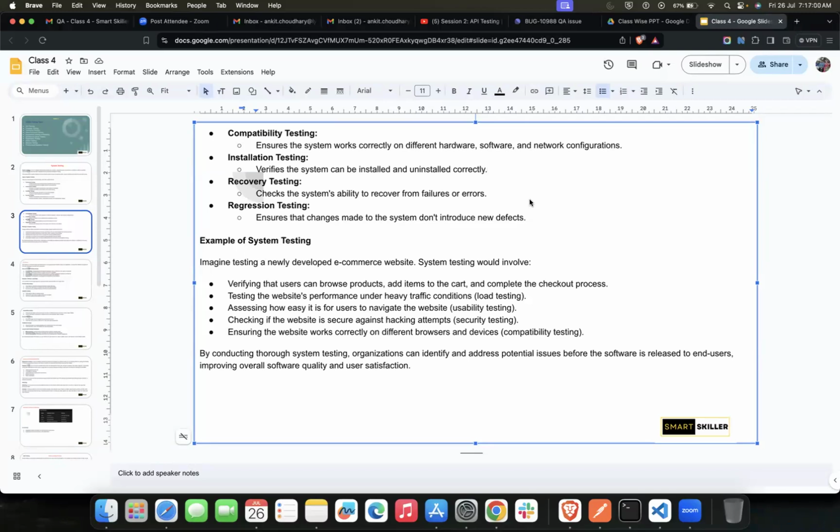I have a question. In recovery testing, we can also give an example. Let's say I'm entering a URL for any kind of website, and it requires a user ID and password. If I enter a wrong password three or four times, it will take you to the settings buttons, and you have an option for a password reset. Is that also called recovery testing?